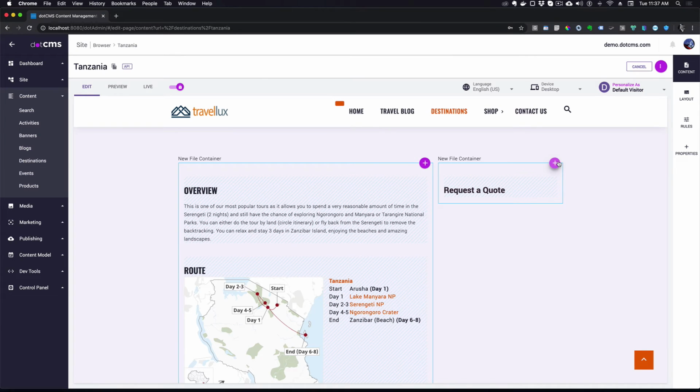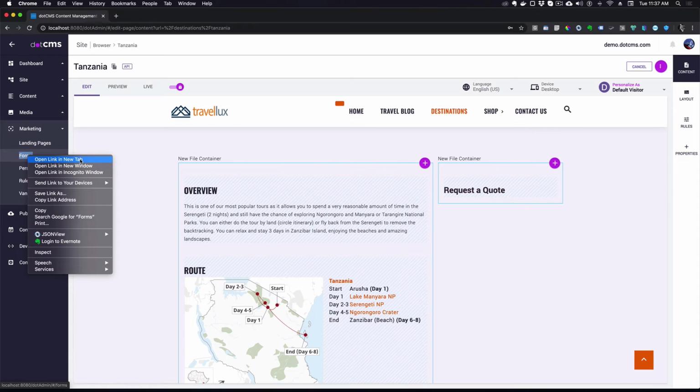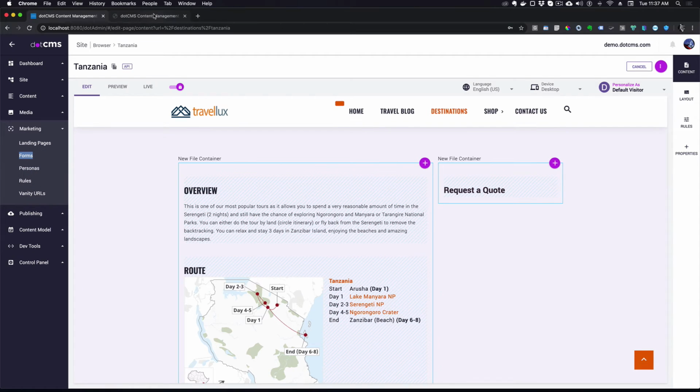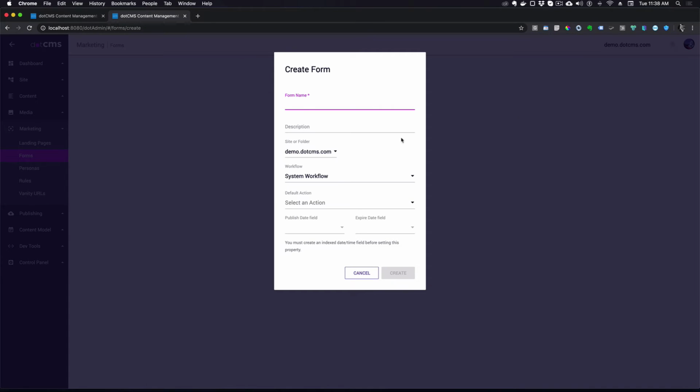Now I'm going to add a form. What I can do here is go to marketing and forms and create a new form. And so that I don't have to leave my page, I can just open this up in a new tab. I just want to show you where you can create new forms. To create a new form, you simply click here, name your form, request a quote, and create, and